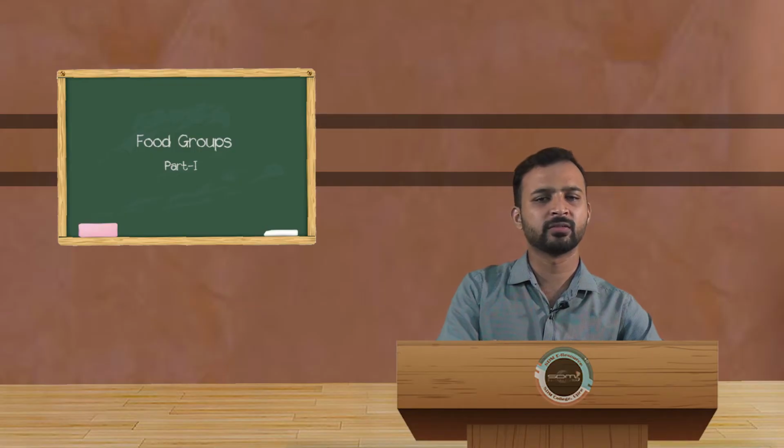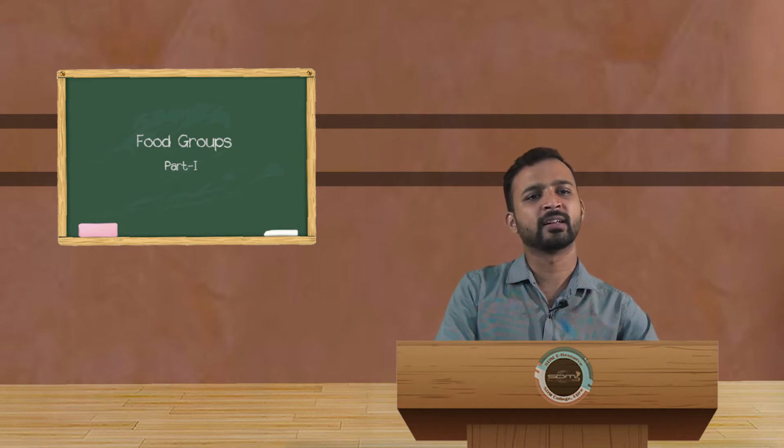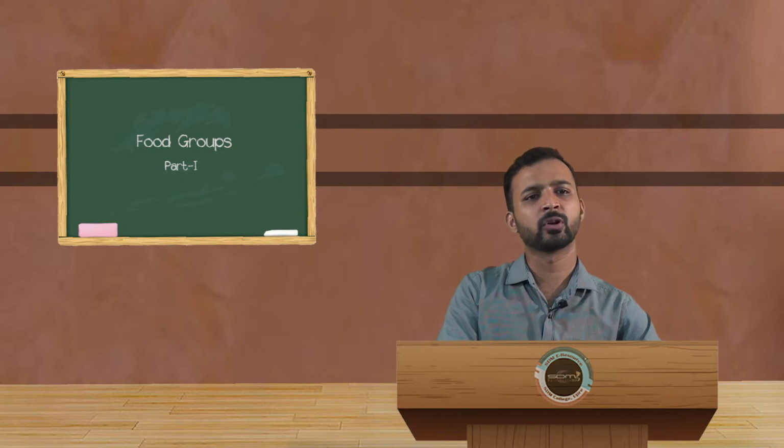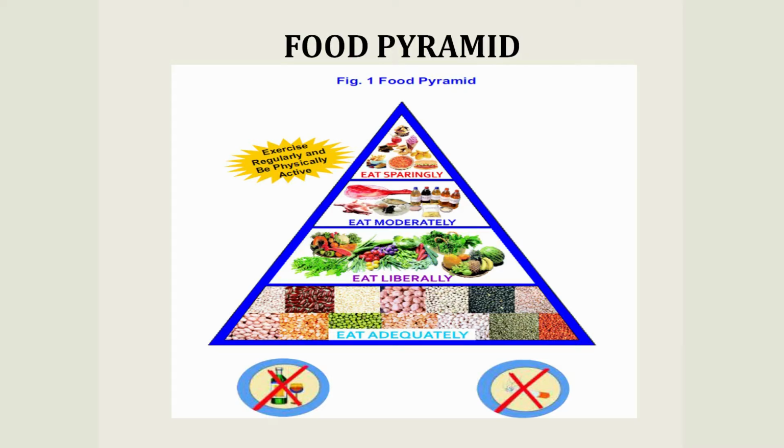That is maybe fruits and vegetables. Anyways, it should be around 300 to 400 grams per day, and eat moderately, that is meat, milk or other products, and eat sparingly, that is oil or sweets, sugar, all those things. Because these oils and all these are giving more energy, that's why you have to eat less. And all the cereals you have to eat in adequate quantity, because we need energy to do